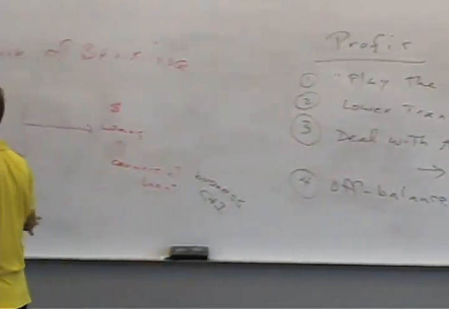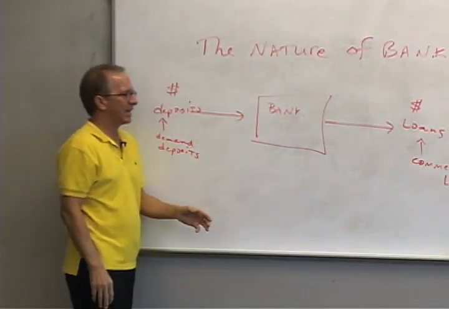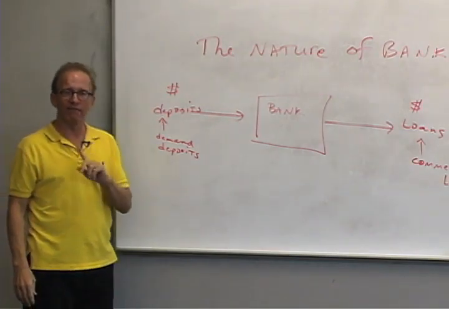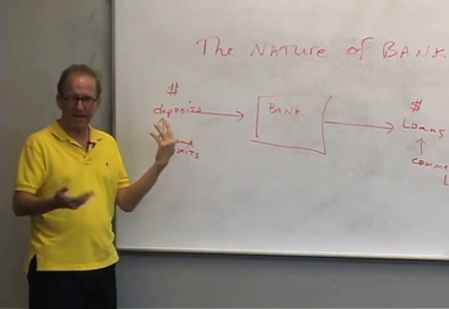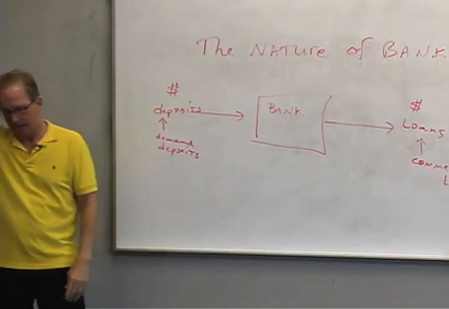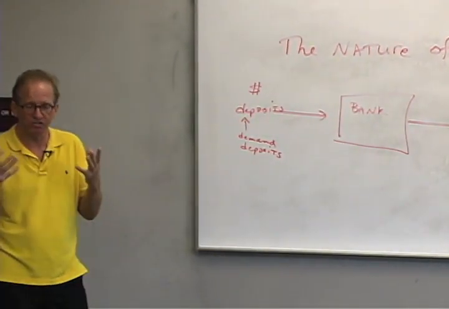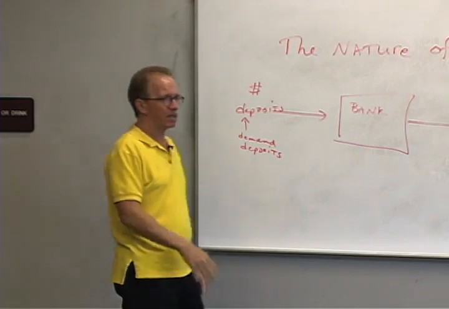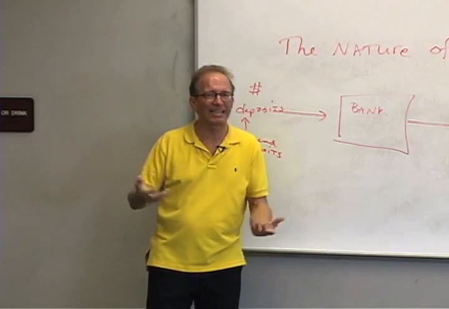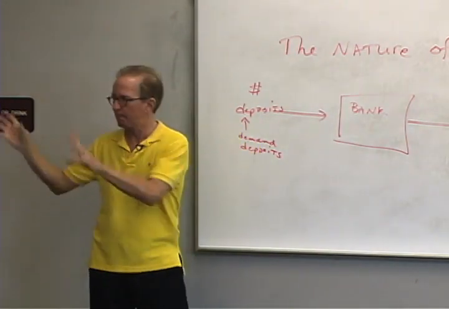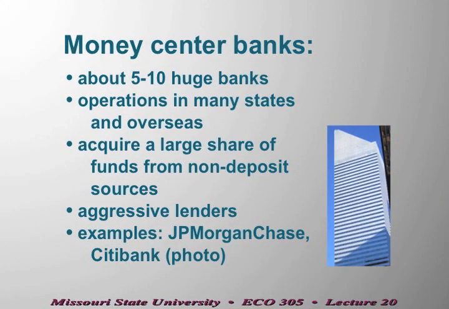I told you every financial institution, we can draw a little picture like this. Where do they get the money and where do they send the money? And there will be one called a finance company. And what a finance company does is it borrows everything. There's no deposits. A finance company would be an example of what? GMAC that makes loans to people who buy cars. But then there are also just finance companies that you might see one and say, oh, here's a finance company, and then you go down and just borrow money from them. Where do they get that money? They go out and borrow it. So they borrow it from one group of people and they lend it to another. So what I'm saying to you is money center banks do quite a bit of that.